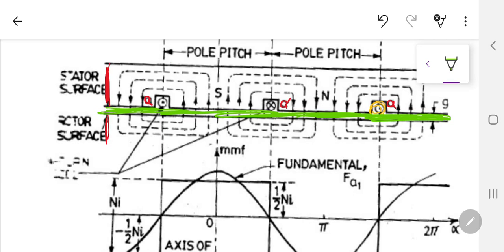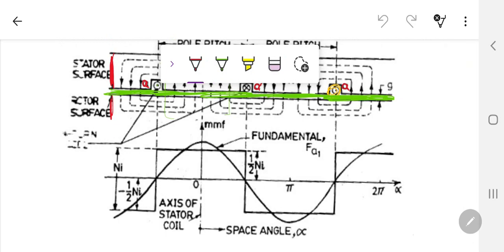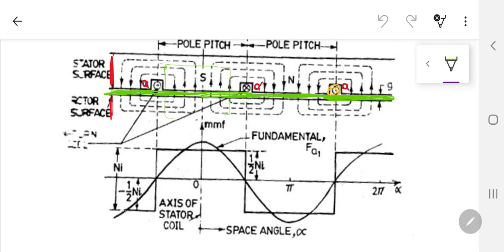Now since in each of these slots there are N number of turns, and there is an I amount of current flowing, certainly what is the MMF over there? The MMF is certainly Ni. Now since MMF is going to be produced by this conductor, half of that Ni is going to be in this region and half of the Ni is going to be in the other region. So when I am going to see the MMF waveform, let me use some other color. If I use the green color, the actual MMF waveform which is going to be produced is this waveform,